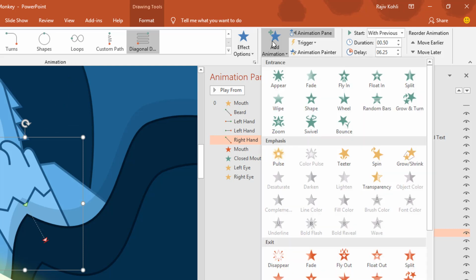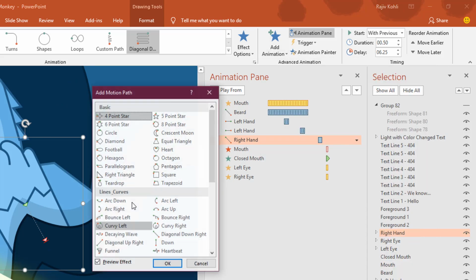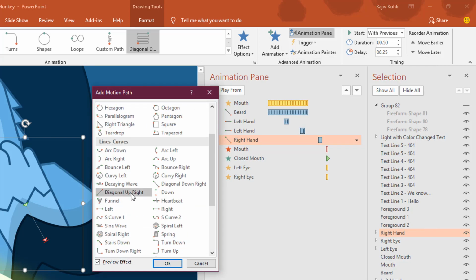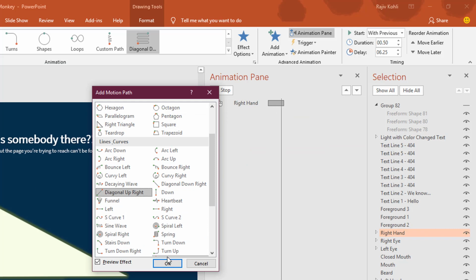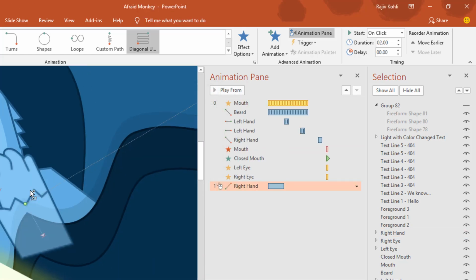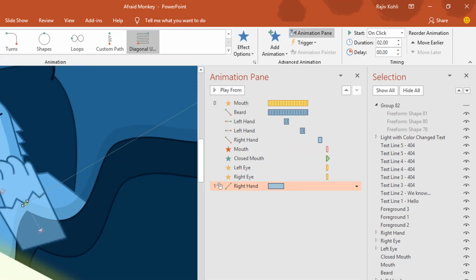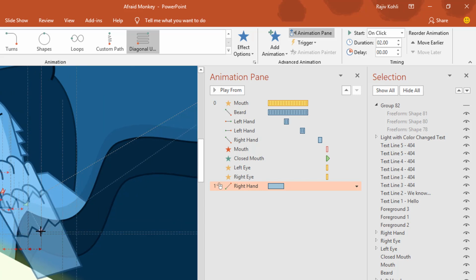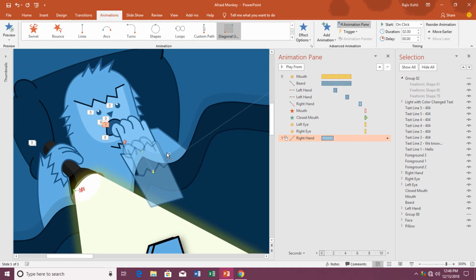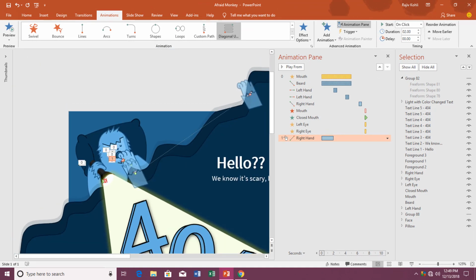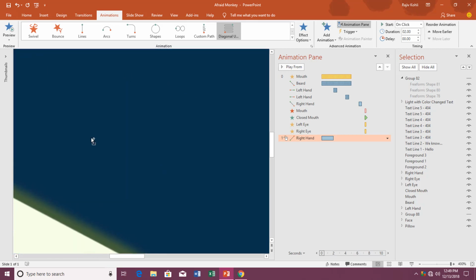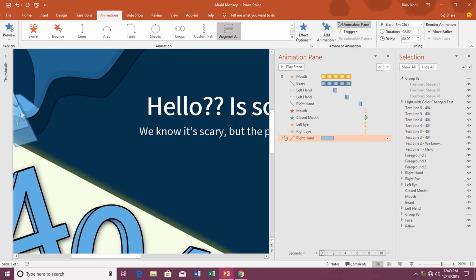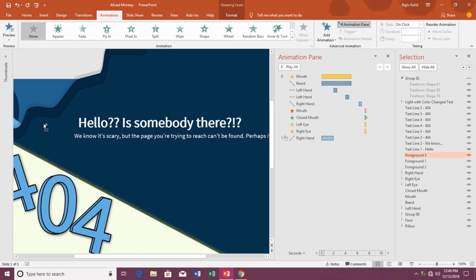So again I will apply the motion path, and this time I will apply diagonal up right. Hit the OK key. Now you have to reverse the path, so I will move the starting point right here at the ending point of the previous effect, and the ending point at the starting point of the previous effect. Okay, let me see if it fits carefully.